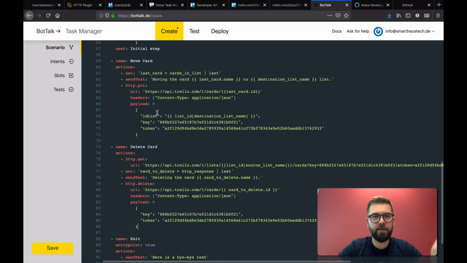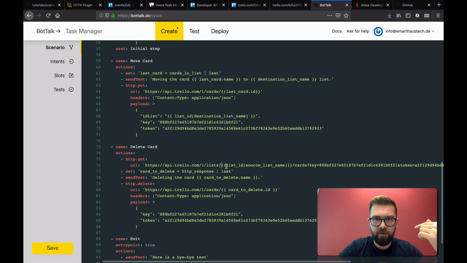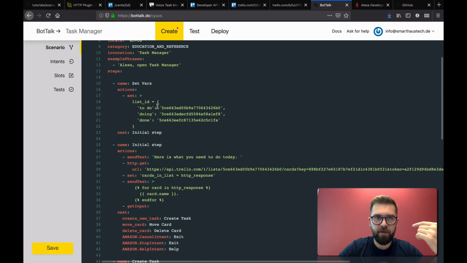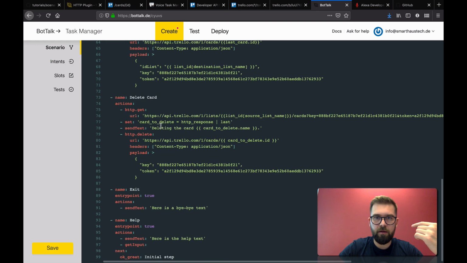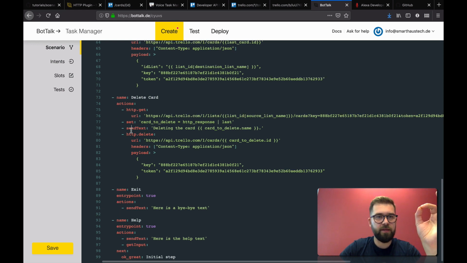So first of all, to delete a card from the list that the user just said, we need to actually know which cards are on the list and take the last one. So first of all, we make a get request with this list ID that we get from our mapping variable list ID. Okay, the user said delete something from source list name, from doing, for example. We take that and we make a get request to that, and then we save the last card from the HTTP response. The last card we are saving in the card to delete, and then saying to Alexa, deleting the card to delete name,